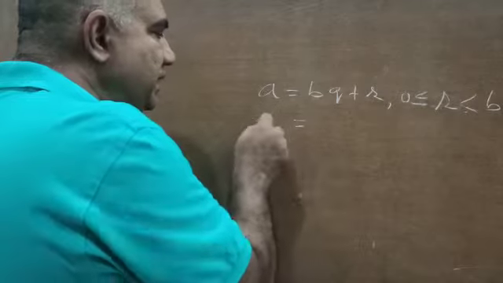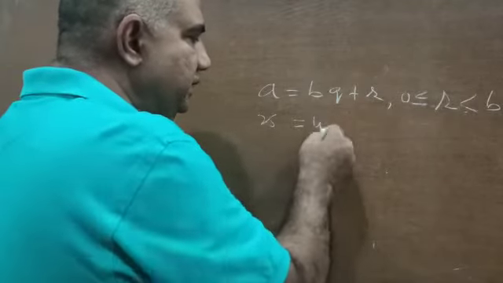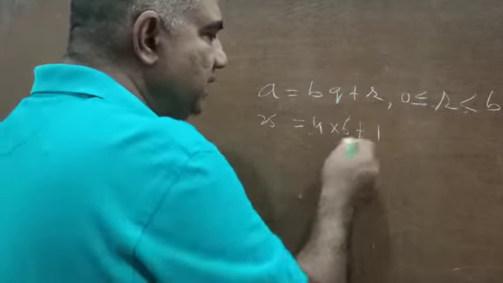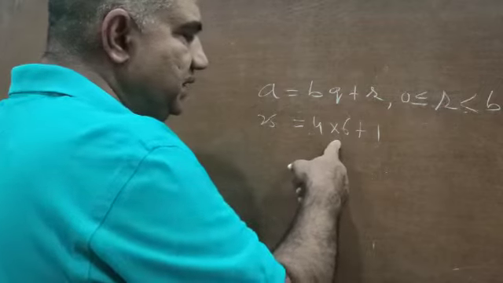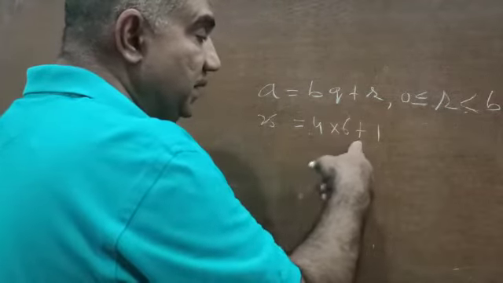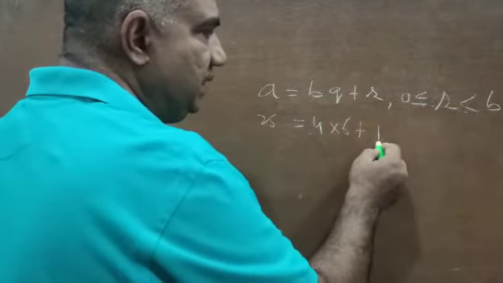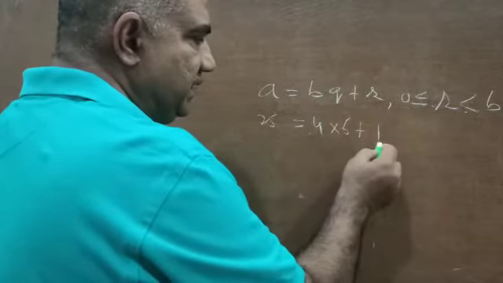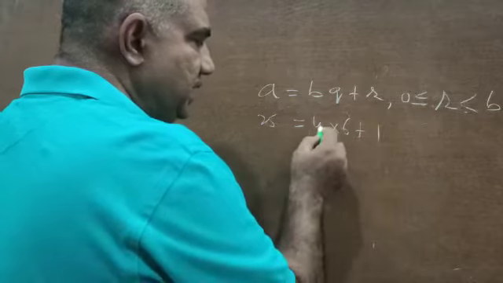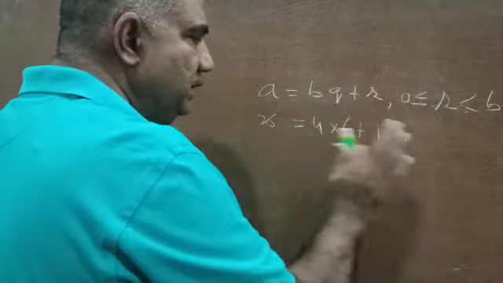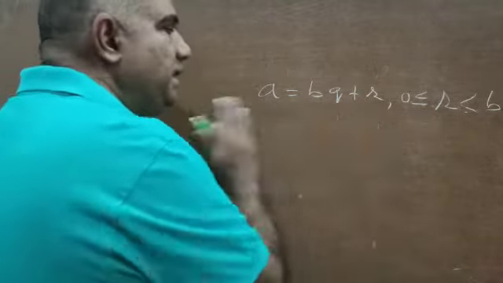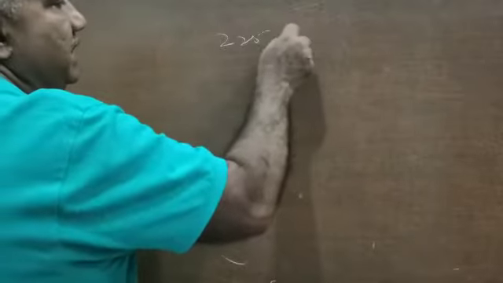If I write 25 here, just to make you understand, and I write 4 here, it becomes 6 plus 1. So 6 fours are 24, plus 1 is 25, and 25 is equal to 25. Also here the remainder must be less than the divisor. The remainder is 1 and the divisor is 4, so even this relation is satisfied. Now we will find the HCF of two numbers, say 225 and 135.